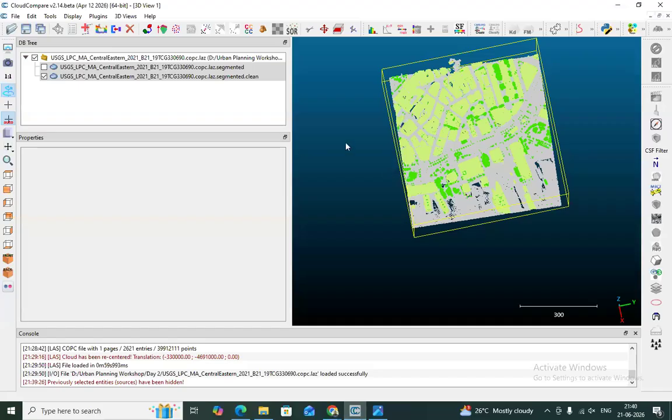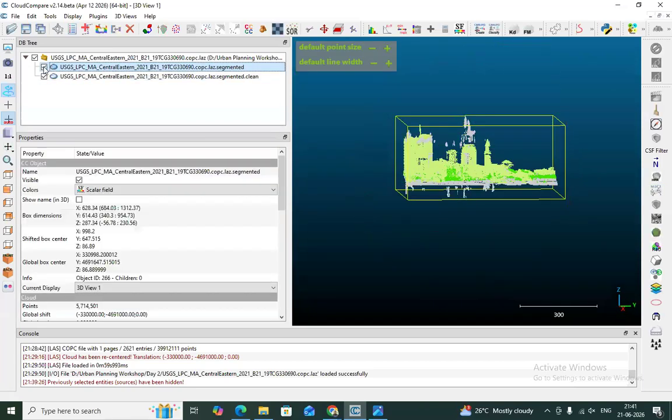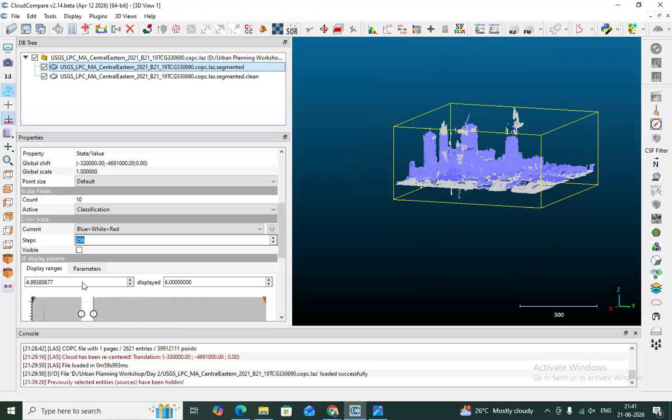Now I have the noise-free data. I can show you the difference. This is your previous data. Let's change the visualization. Let's make it from 1 to its fullest extent.